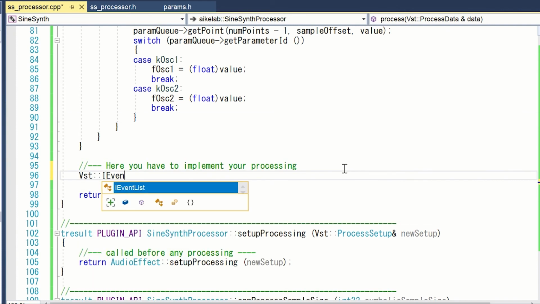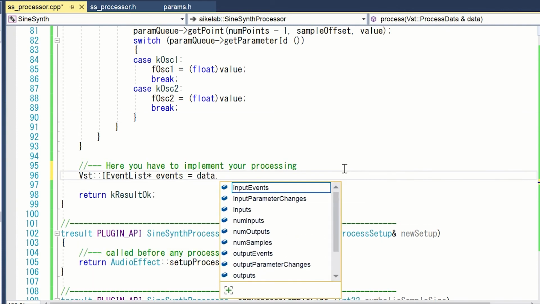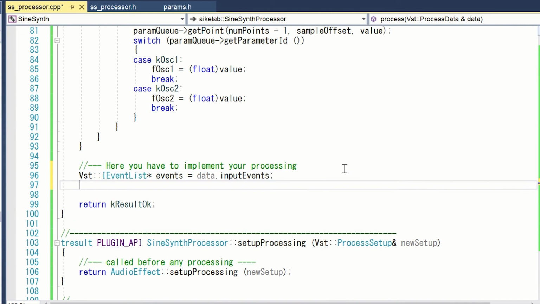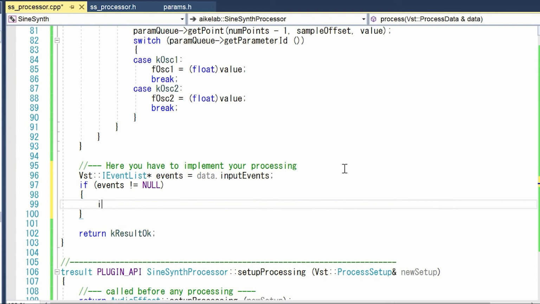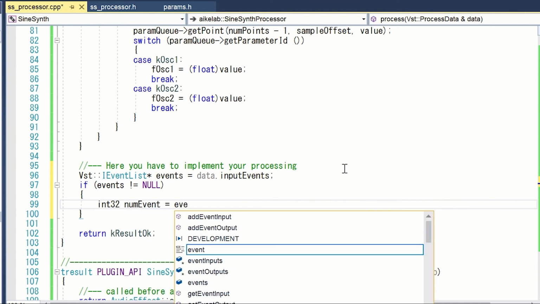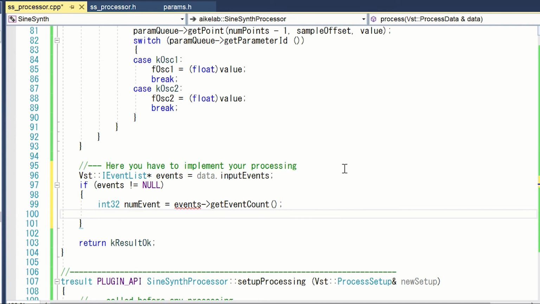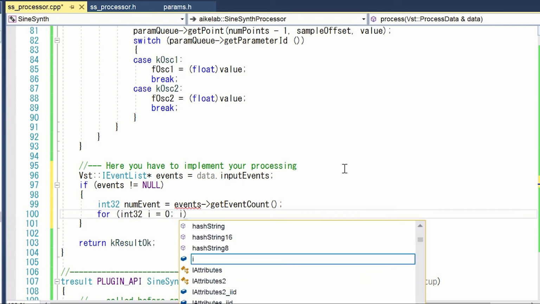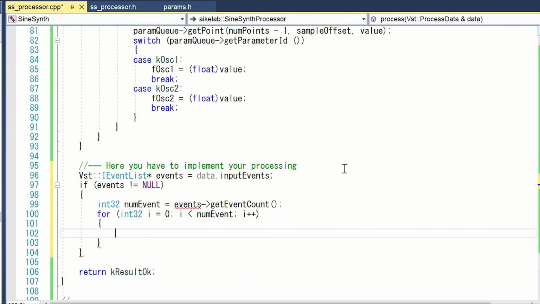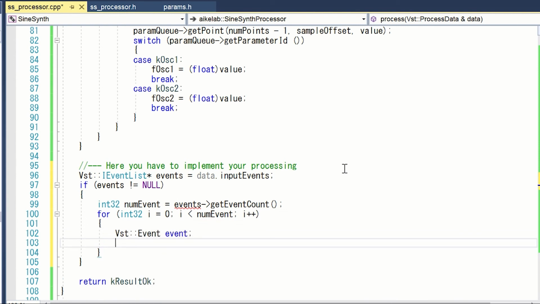Next, add MIDI event handling. It seems that the header of event classes is missing.